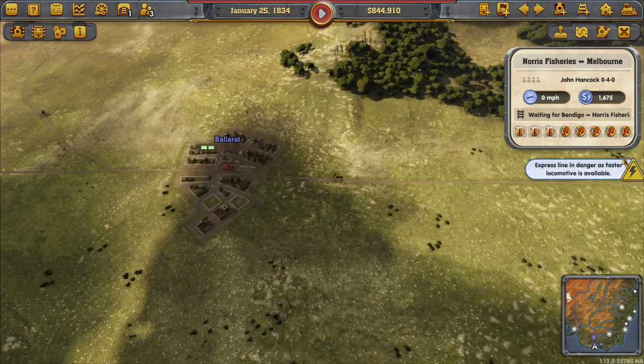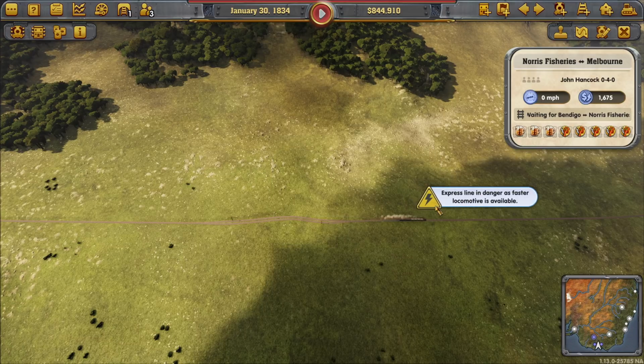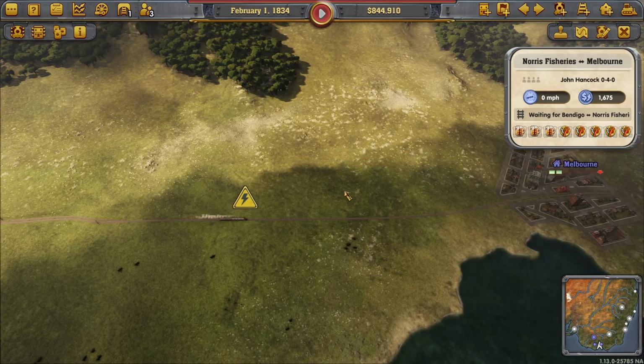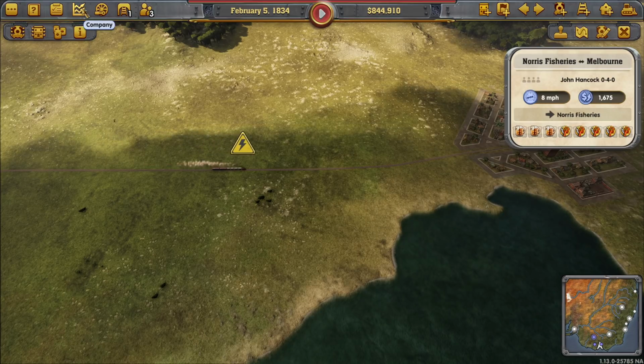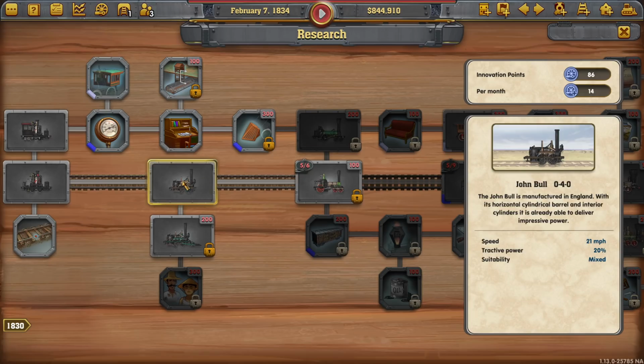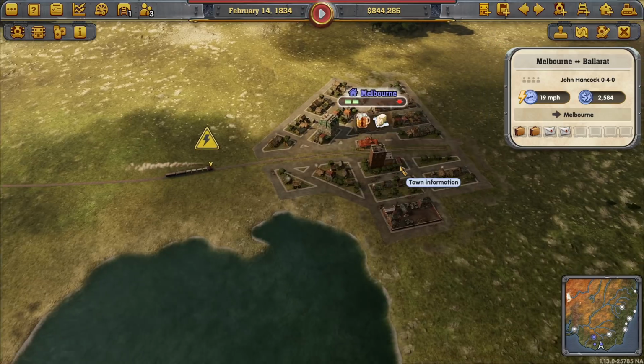What do we got over here? Express line is in danger as faster locomotive is available. Is there really a faster locomotive available? I guess there is one faster locomotive available. The John Bull. It's faster by 3 miles an hour. I mean...